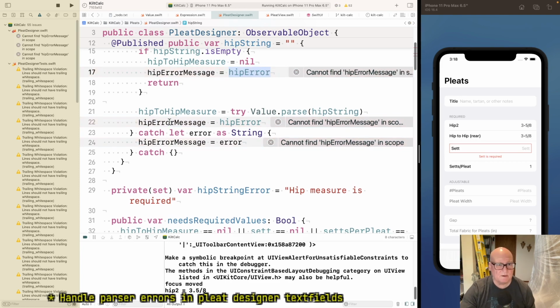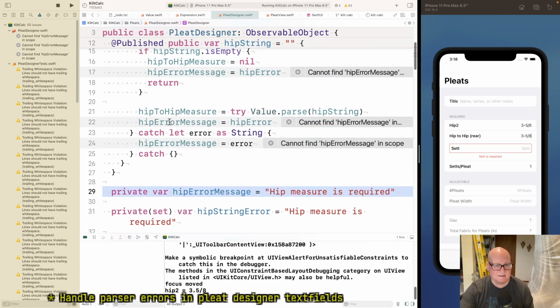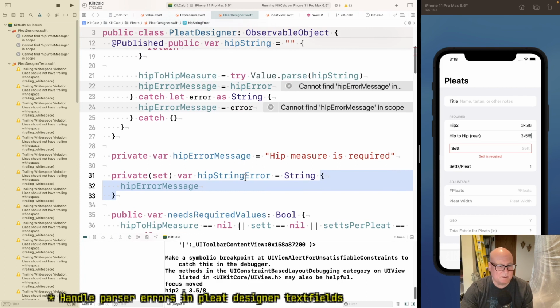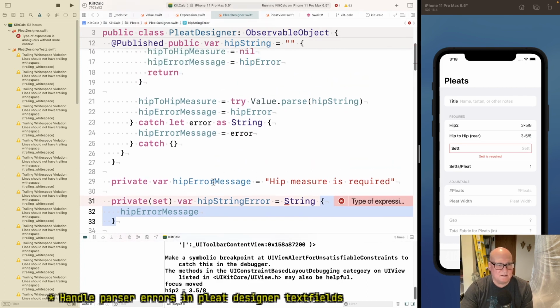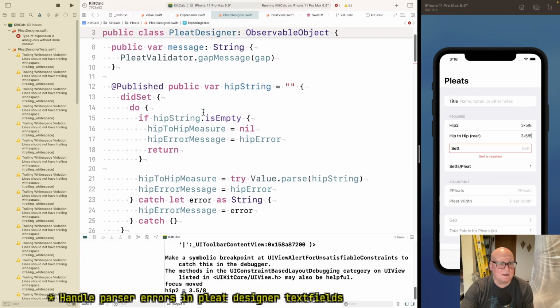No, I've messed it up already. Doesn't take long. Okay, so this was hip error message. So anybody who assigns a hip error message should really assign hip string error.